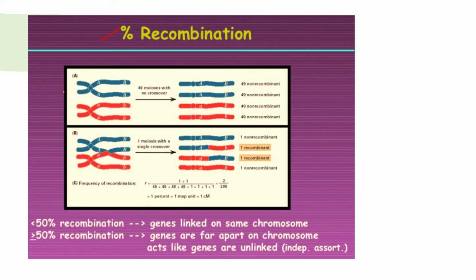For that, we calculate the recombination frequencies. For example, this is chromosome number 1 and this is chromosome number 2. It has the markers capital A, capital B, and small a, small b. Now, different meioses were carried out, and amongst them we are taking the data of 50 meioses. Out of those 50 meioses, 49 show offspring without any recombinant, meaning they had all parental characters, with the same parental markers.